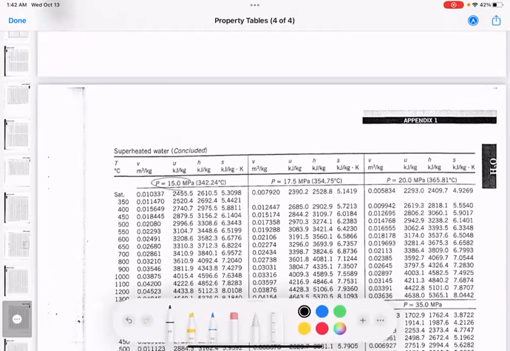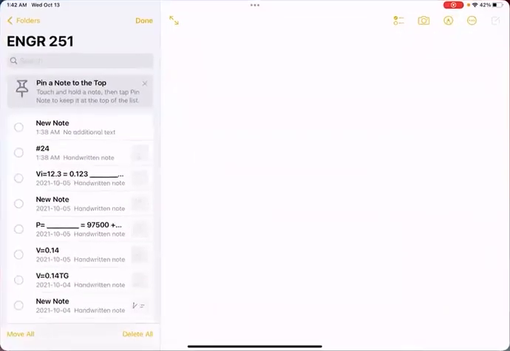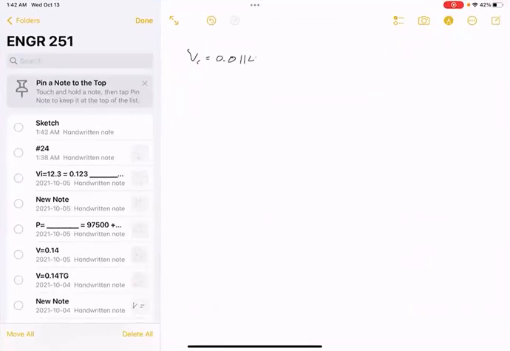If we go to the 15 megapascals, 350, the specific volume is given right here, plain as day, so 0.011470. So let's write that down. And of course, this is meters cubed per kilogram. And this was found using